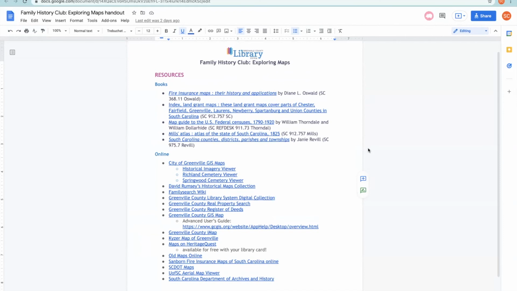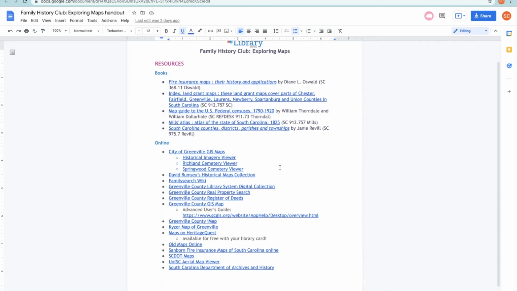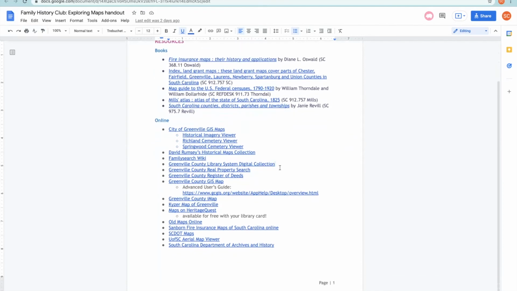If you want to know more, like I said, those are one of my favorite things. Maybe that's just me, but I think they're super interesting. So we have a book on those, and we have a few other books related to maps, and Mills Atlas is a big collection. We have a small book version of it as well as the bigger versions of the maps, so you can look at that.